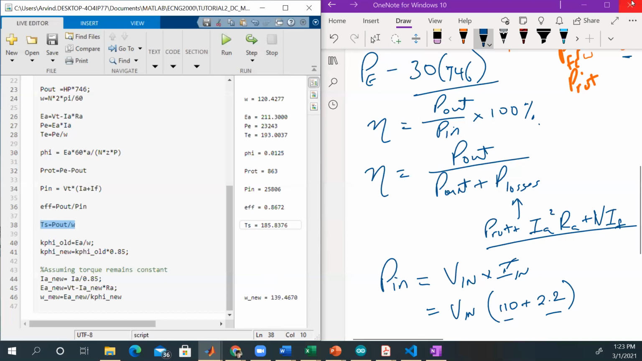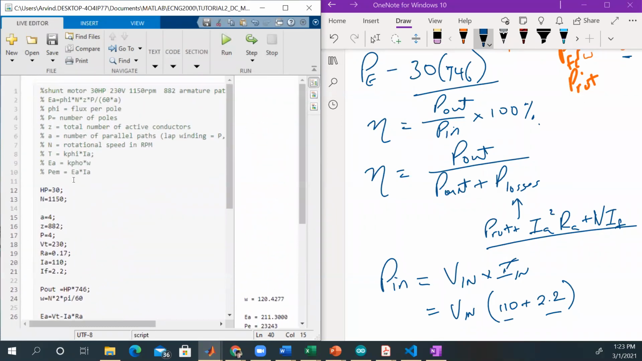So the next one now, we have the field flux reduced by 15%. So we have the old K phi. Here we are using these two equations. When the flux is reduced, these are the things that are going to be affected. We're going to assume that the torque remains constant, because remember, we didn't say anything about the load changing, and the torque has to do with the load, right? So assuming you're driving the same load and you just reduce the field flux, what is going to happen? You have the same load, so the same load torque,